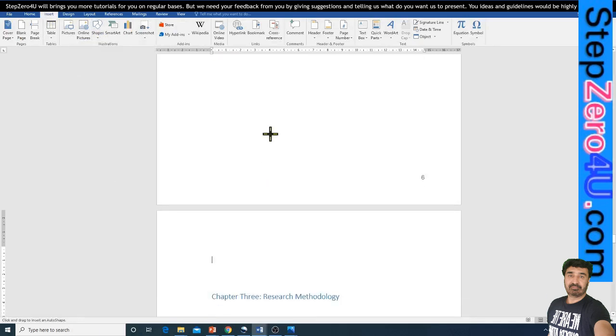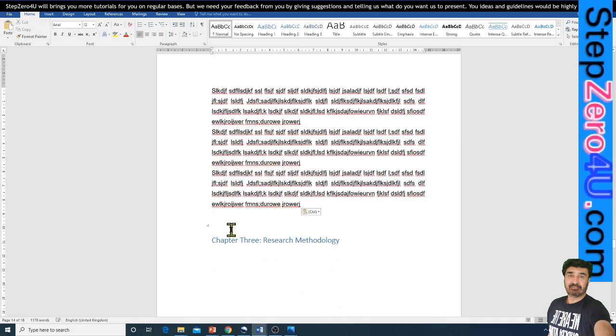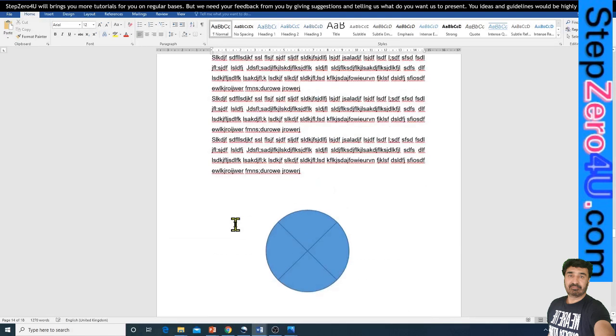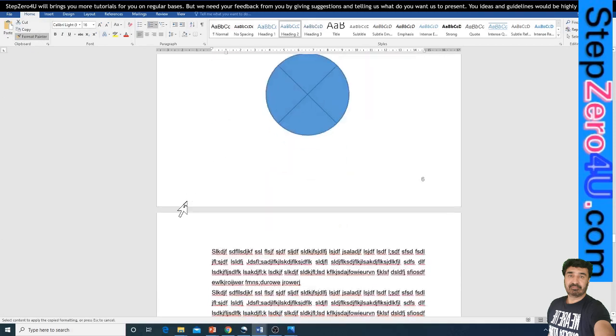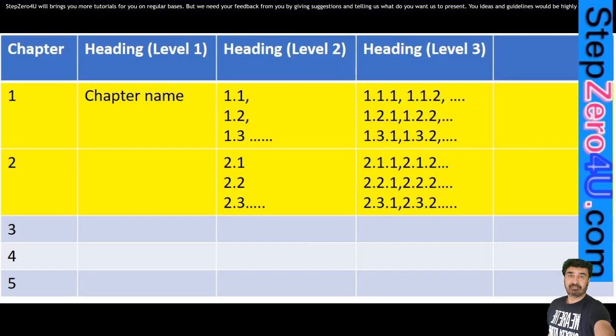Now to complete our chapter, for example, conclusion is the last heading in the chapter. Let us add this heading and some text under this heading. Now we need to add level 3 headings. As we know, the numbers of level 2 headings start with the chapter number. Like in chapter 1, these numbers will be 1.1, 1.2 and so on. Similarly, in chapter 2, these numbers will be 2.1, 2.2, 2.3, starting with the chapter number, which is 2.